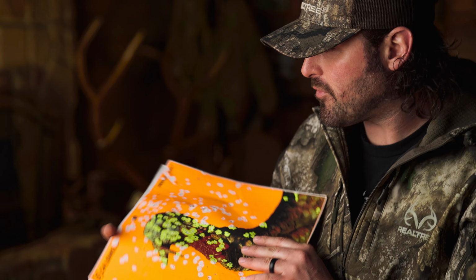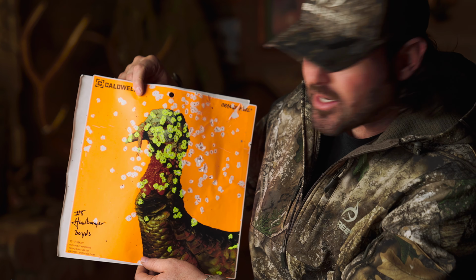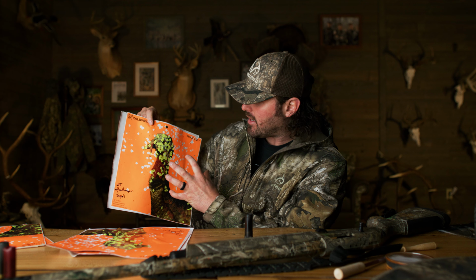So after I shot these 3, again, all at 30 yards with the full choke that comes with this shotgun, I then jumped over and put in the Headbanger by True Glo. And right off the bat, you could tell on the number 5s, a tighter pattern, a really effective pattern. Obviously, he'd need more than an Advil at this point, but it's a really good pattern, and I like the